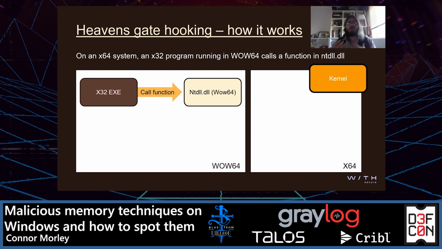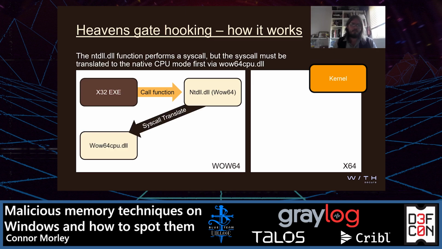So let's have a quick look at exactly how this works. On an x64 system, an x32 program will say, okay, I need to call a function that's going to perform a syscall. Typically that will go to NTDLL, the WoW64 version of NTDLL. What's interesting is x32 processes running WoW64 actually have two versions of NTDLL. I won't go into that, but first of all, it will call the WoW64 version. The syscall will then need to be translated, and then it will hand off to WOW64CPU,